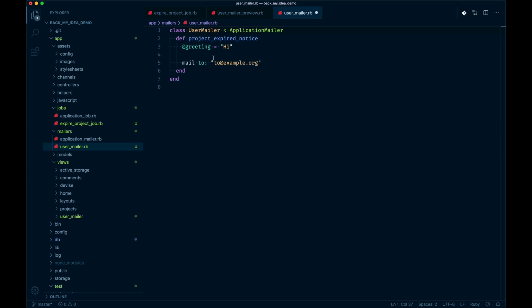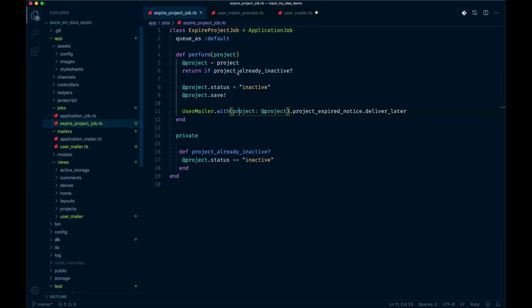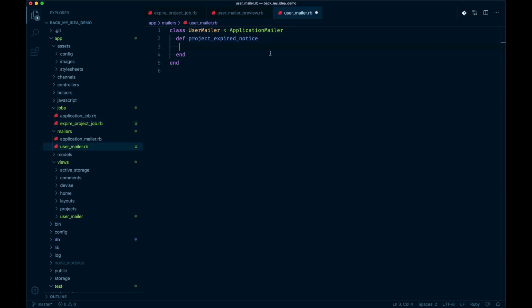Project expired notice will actually have a parameter that gets passed through. If you recall, in the job, we're passing through the project to this method. So we can accept it as a parameter. So we can say project equals params project. And then we could just say mail, which is another method. Say project.user.email, so the person who created the project gets this. So subject